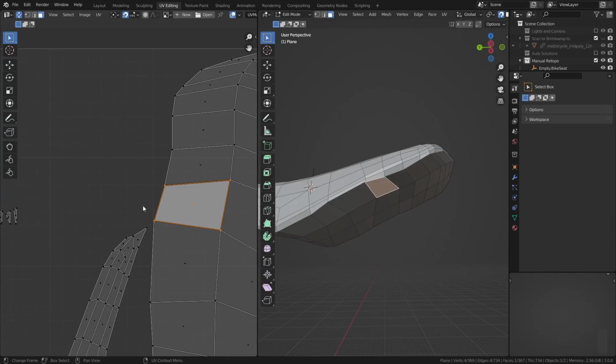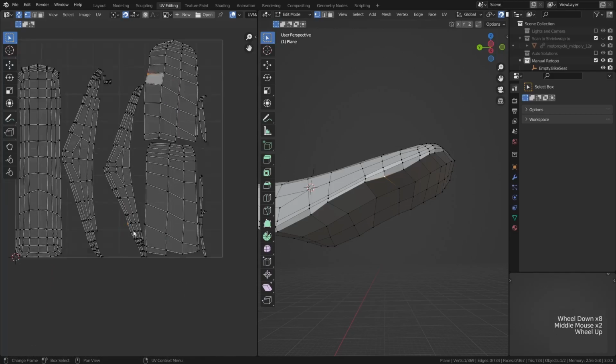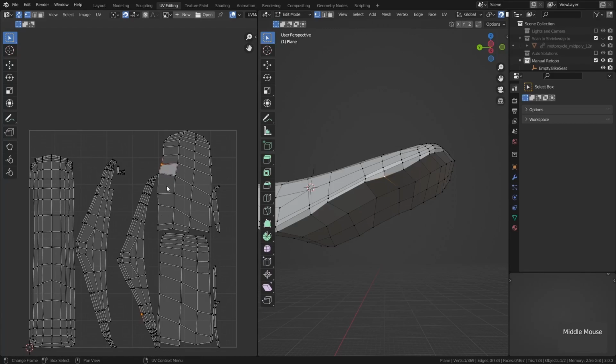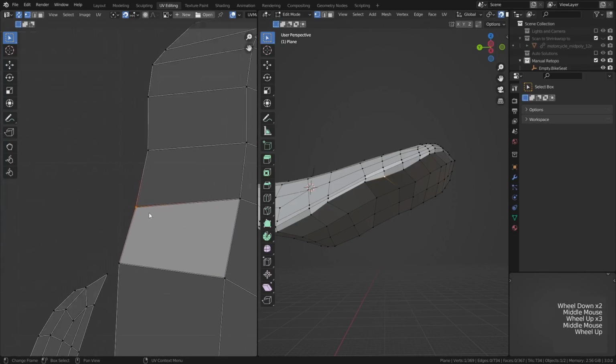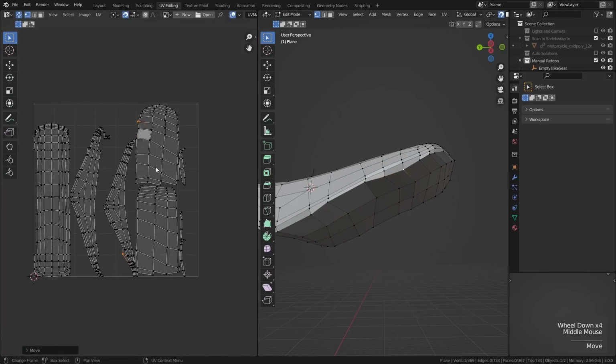So what I mean by that is if I press 1 above the QWERTY keys there, we can switch to vertex select mode. And if I select this UV, or these UV coordinates, we'll see that's not really just simply that area. We actually have also selected this area down here. So this is something that can get us a little bit in trouble if we're just working up here and we're thinking, right, yeah, let's just move this over here. Let's slide this up there, because we're actually going to be moving these as well,